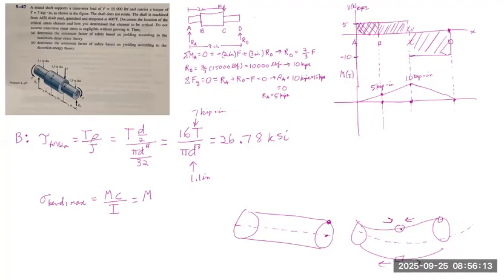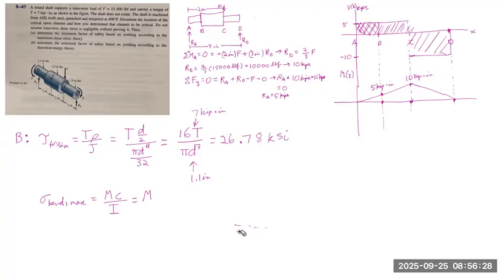But the ones at the top will experience the most significant stress because they lie furthest from the neutral axis. With that in mind, our c will be simply the radius,